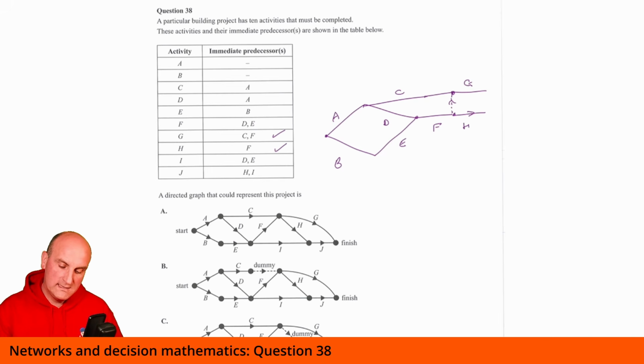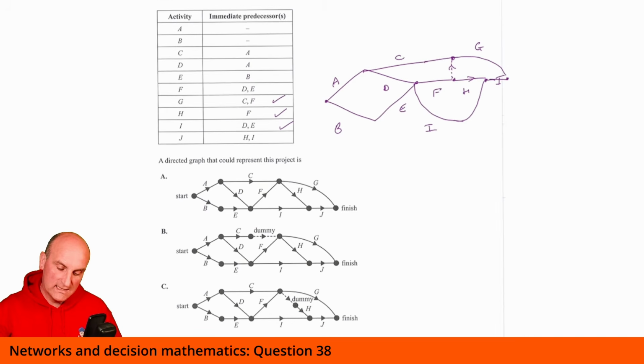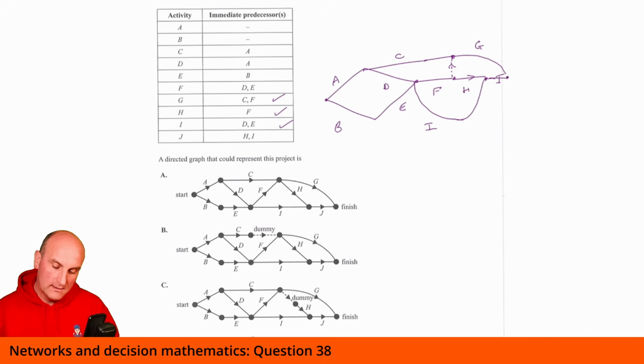I can only start when D and E are finished, so I can come off of there. And J can only start when H and I are done. So G can only start when C and F, so G has to go into I as well. No, it doesn't. G has to go into the end of I. Right, there we go. So what do we want? How's that going to look? A, B. Ooh, so this is going to take some time while I get my head around this one, so bear with me. A and B, C and D come off of A, B and E.